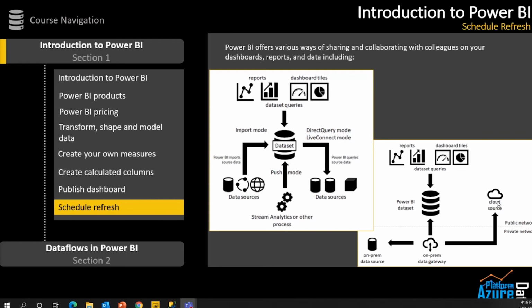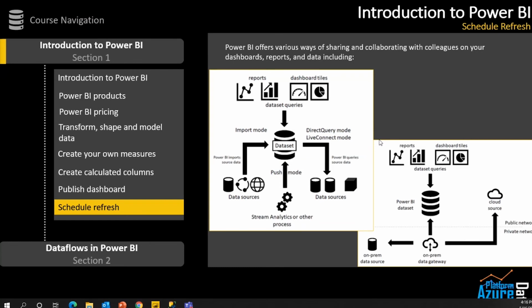Okay, so this is the same thing. You have a public network, then a private network. On your private network, meaning your virtual machine or your local machine, you can connect your private network to the public network using an on-premise data gateway. Once you do that, you will be able to refresh your dataset. So these are the main aspects of refreshing the data, and you can schedule this refreshing.